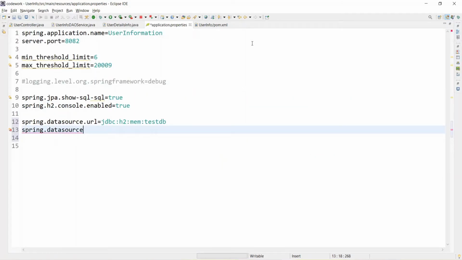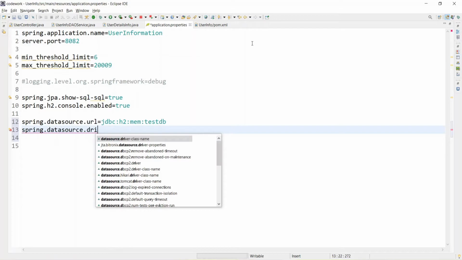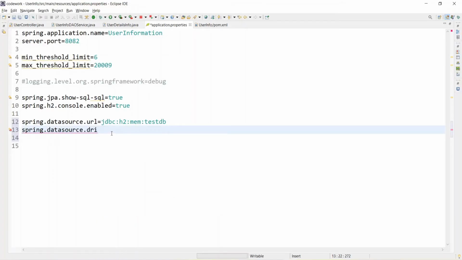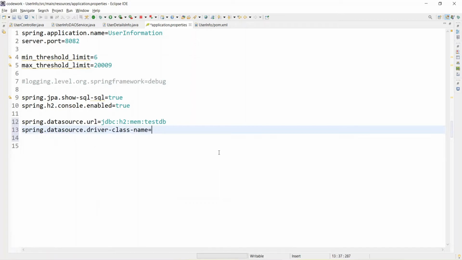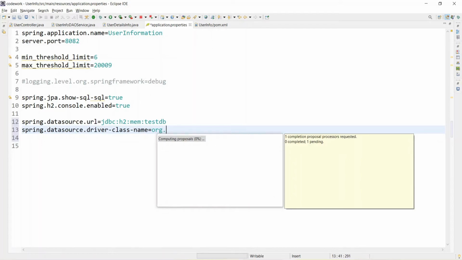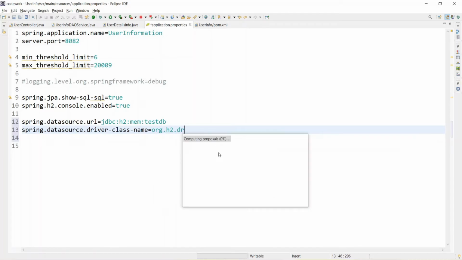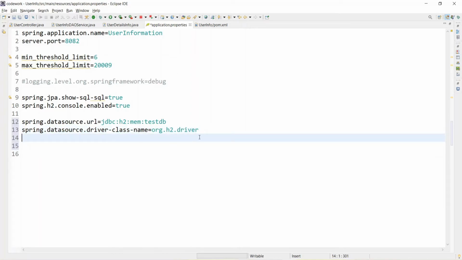spring.datasource.driver-class-name is equal to org.h2.Driver. I am just showing you; if you are not mentioning this, it will already be done by Spring Boot.